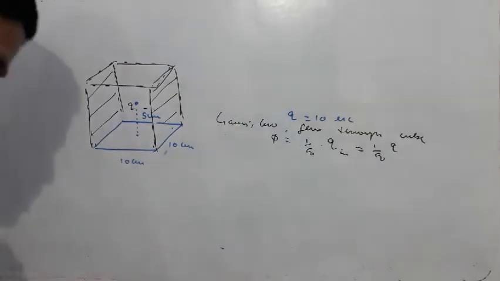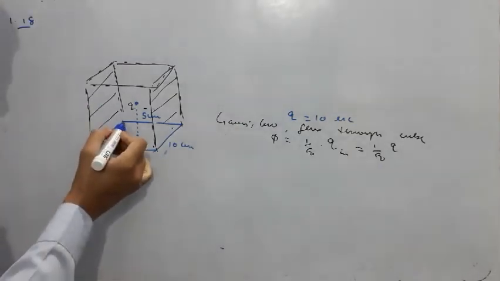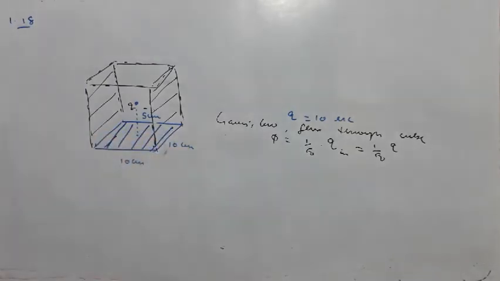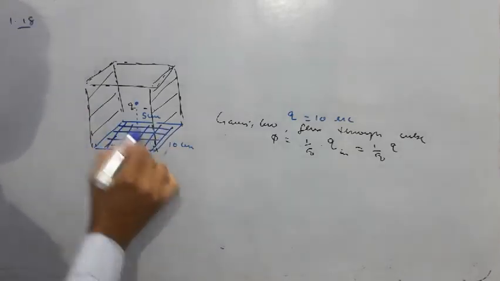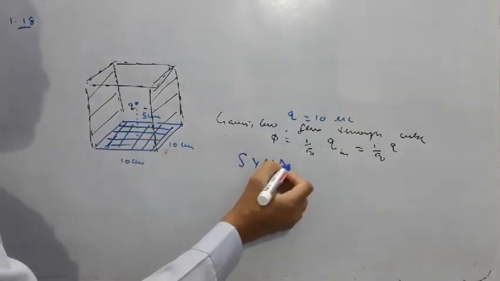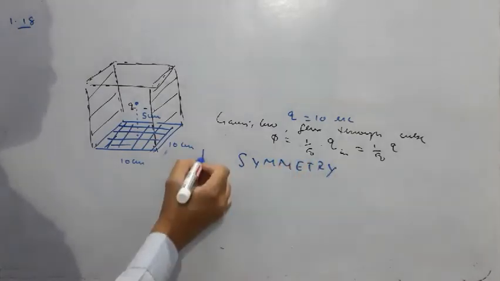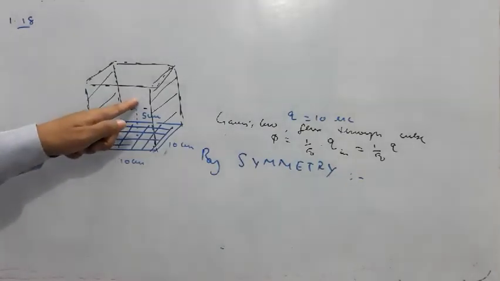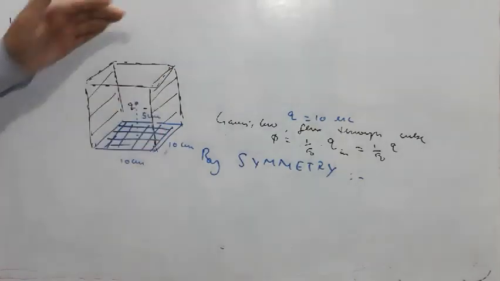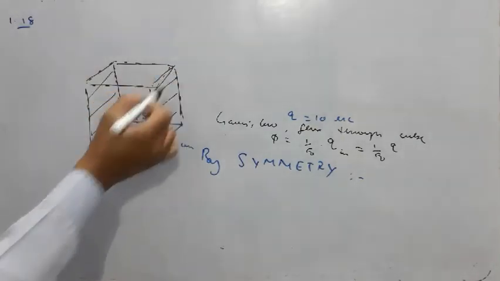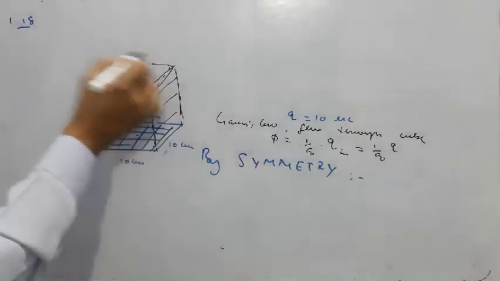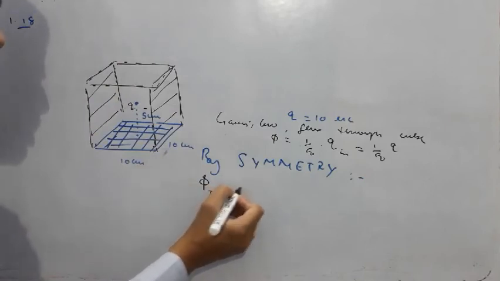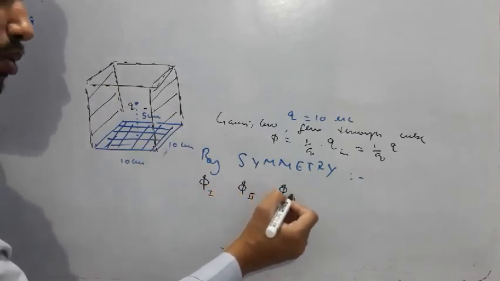But they have asked in the question, what is the flux through this square, which I am shading with blue. We have to find flux through this particular base of this square. So we'll use the concept of, again, a very important tool. We'll use the concept of symmetry. And we will say, by symmetry, since this charge is placed at equal separation from all the 6 faces, the flux through this face, this face, this face, top face, the front one, any one, all of them must be same. So let the flux through each of the faces be phi 1, phi 2, phi 3, phi 4, phi 5, phi 6.